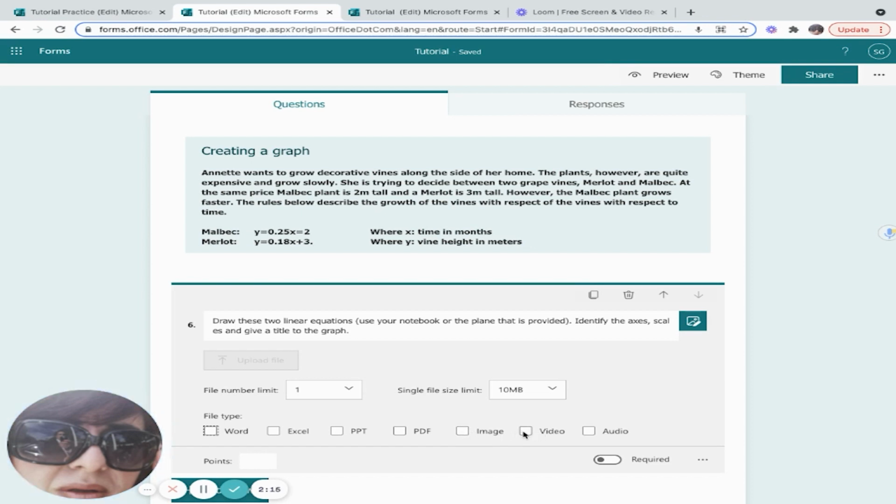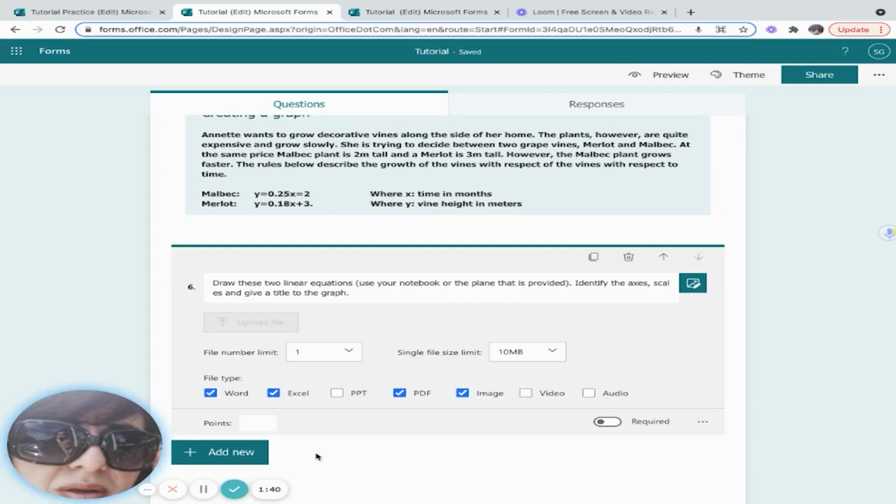You can also allow for video if you want a student to explain something, a dialogue. For language teachers, like the literacy teachers, you can actually check language skills by either a video or an audio. But for this case, I'm going to allow multiple types, just in case, not PowerPoint necessarily, but PDF and image. So a student can just take a picture of their work on a graph paper and send it to the teacher. Again, I can add points.